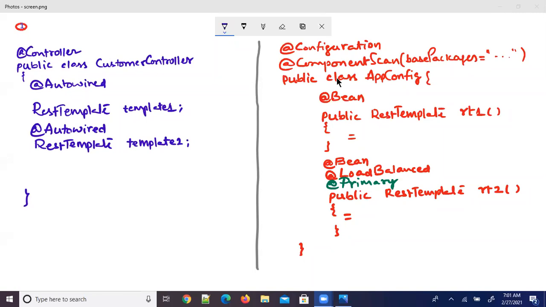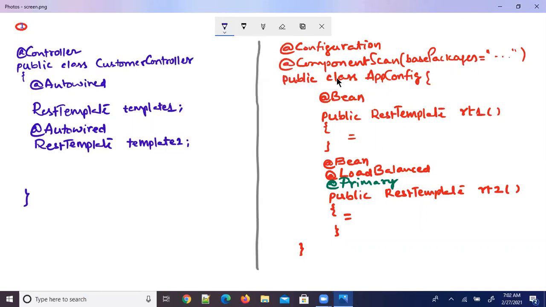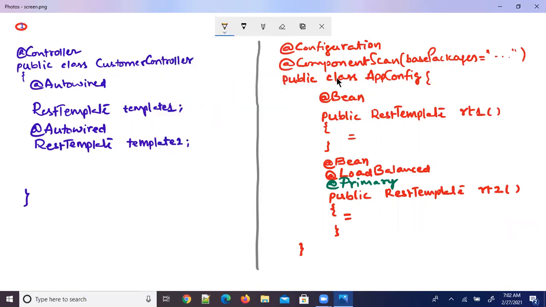So in that case, I would like to add the annotation @Qualifier, where the ID or name of the bean is RT1.